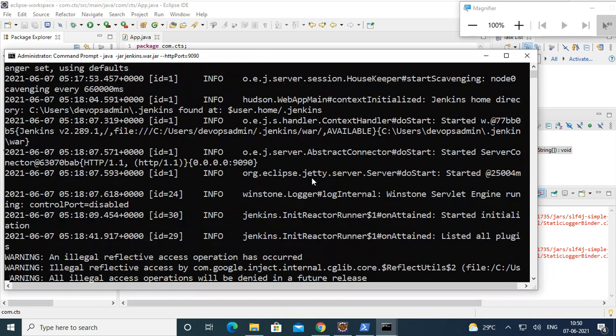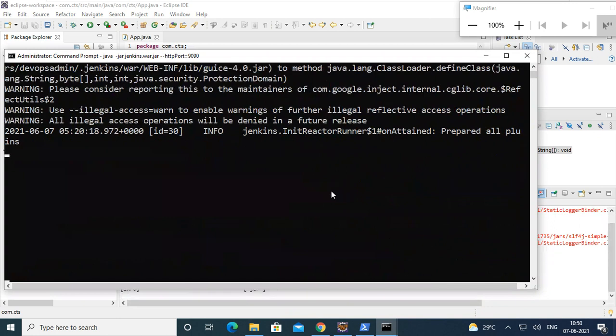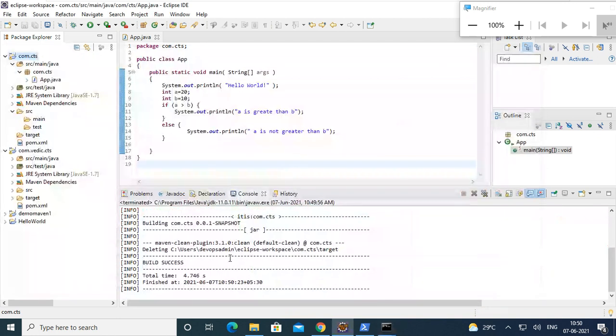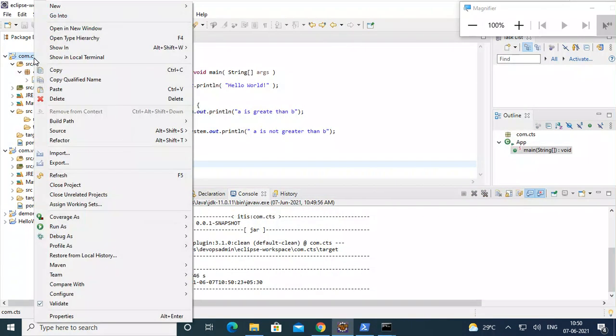I need it fully up and running. Let it go. Okay, clean is completed. Now I want to put from here to there. I'm going from my IDE to GitHub directly, so I no need to do the commands and all.